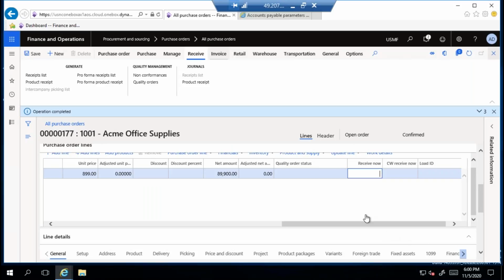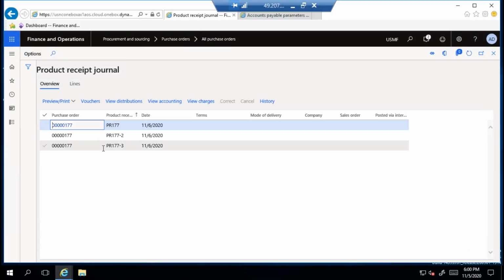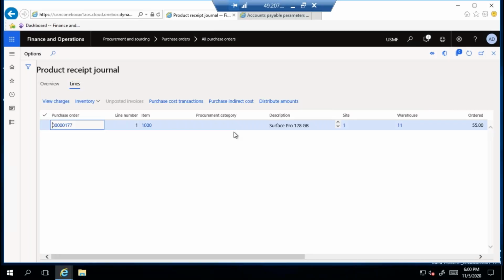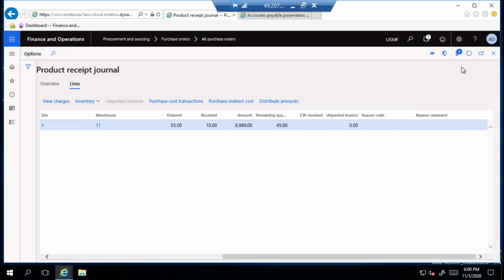Okay, so now product receipt is updated. If you verify product receipt, it will show the third product receipt also available. For this one, it is 10 quantity. You can see here, if you verify the same function from the general tab,